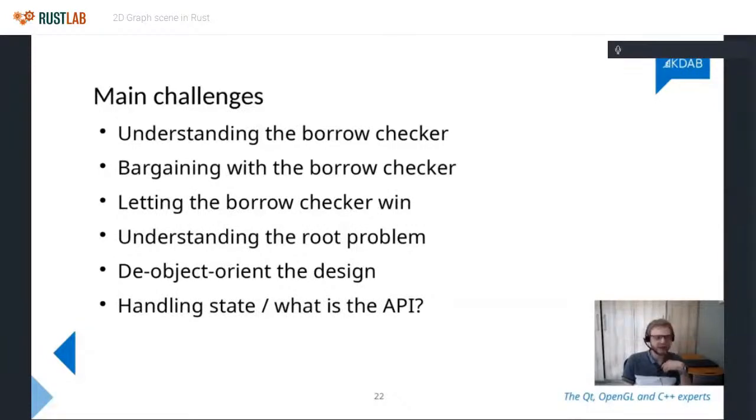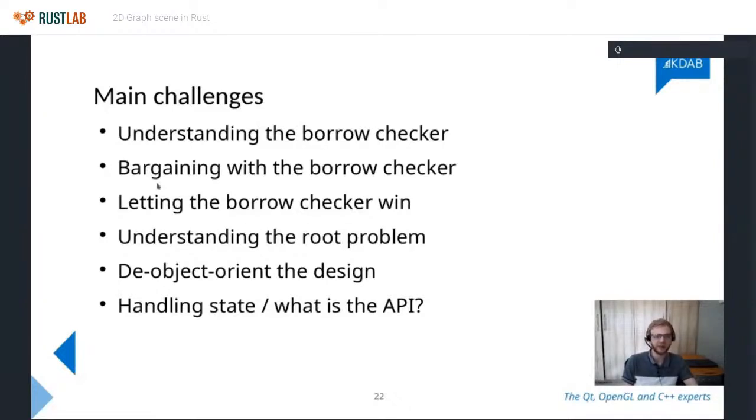So I think that's a key thing when you're trying to do something in Rust: whenever it feels like you're fighting with the borrow checker, you're really struggling to get something working, then it probably means your whole approach is just wrong. So you need to take a step back or maybe many steps back and just reevaluate how you're trying to approach a problem.